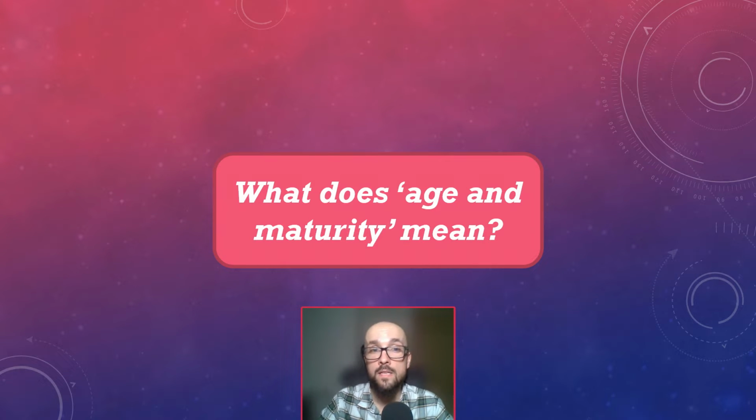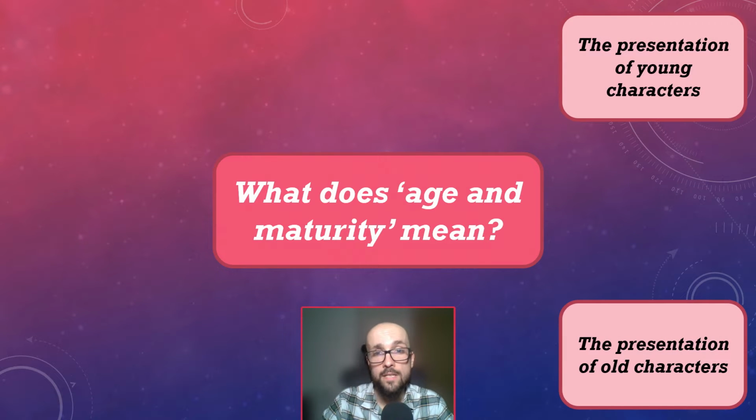So first, I would consider the obvious. How are young characters presented in the play? What about old characters? Do they behave in ways you might expect people of their age to behave? Are young characters naive, childish, or innocent? Are older characters experienced, wise, or less prone to emotional outbursts? Or are these expectations completely subverted? Now, to complete this analysis, I might consider how the younger generations, such as Romeo, Juliet, Mercutio, and Tybalt, are presented, and how the older characters, such as the parents and Friar Lawrence, appear.